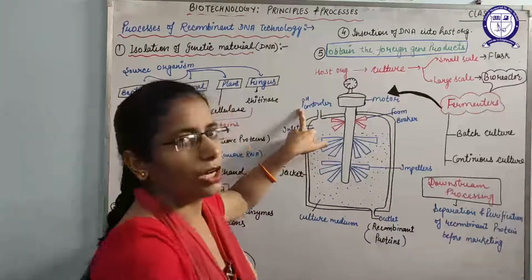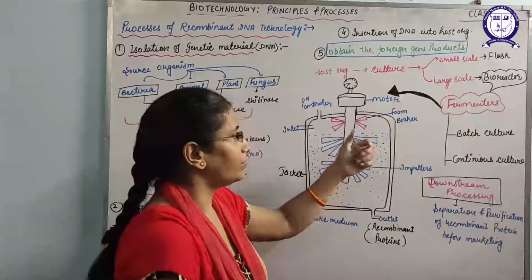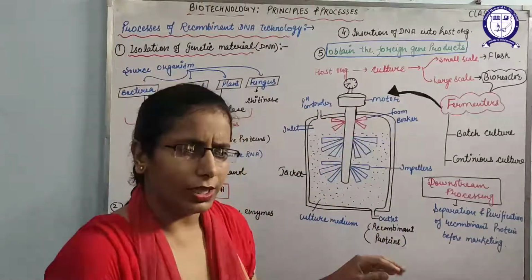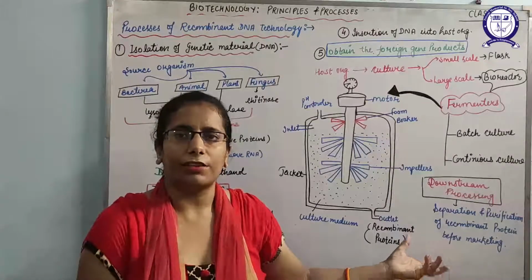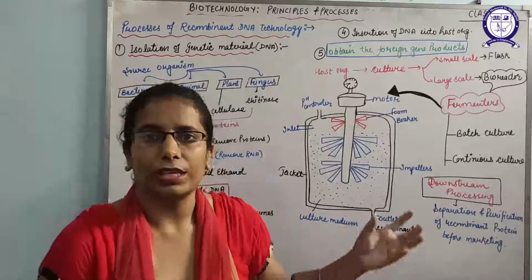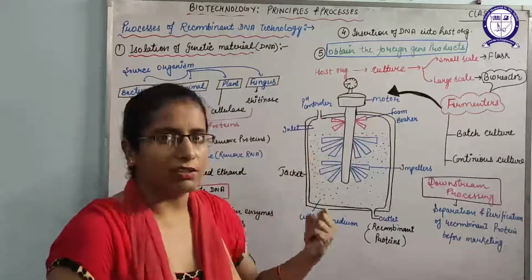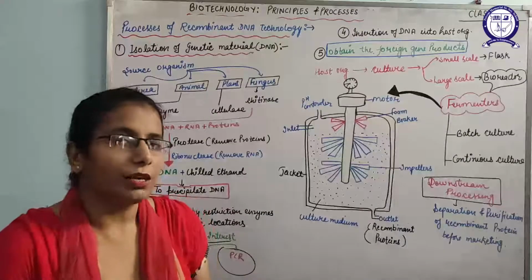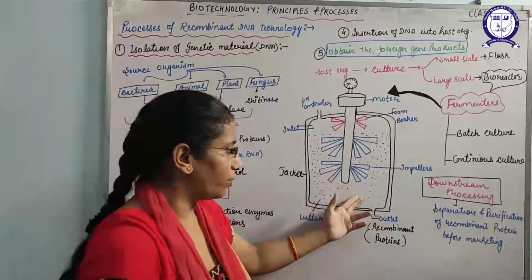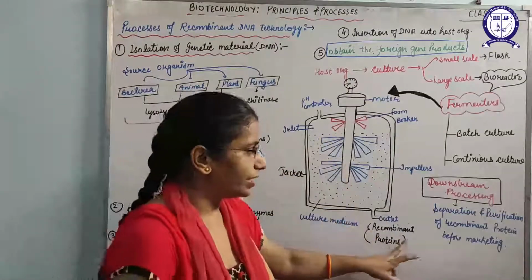And this is the pH control, that will control the pH. After that we can add the microorganism also, and we can fix the RPM and leave it for some time. So what would happen here? That organism will use the culture media as food, and then release the recombinant proteins into the culture medium. So the inlet is here from where we can add the medium, and the outlet is here.